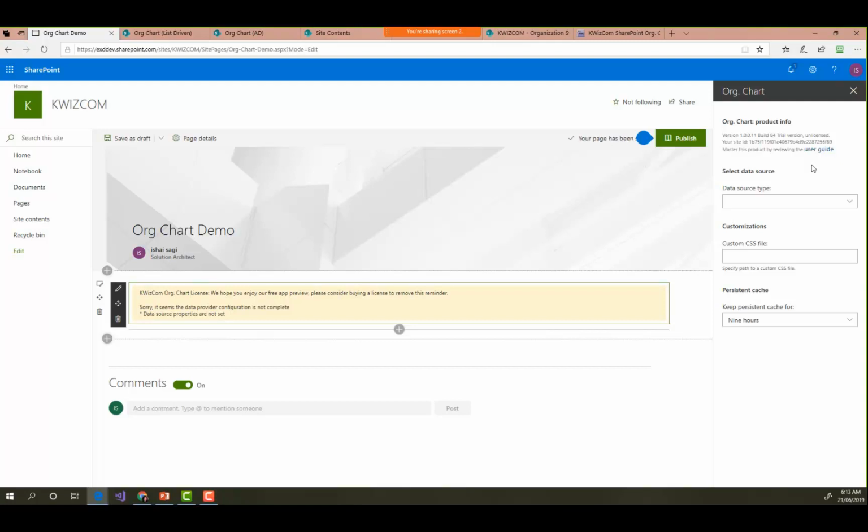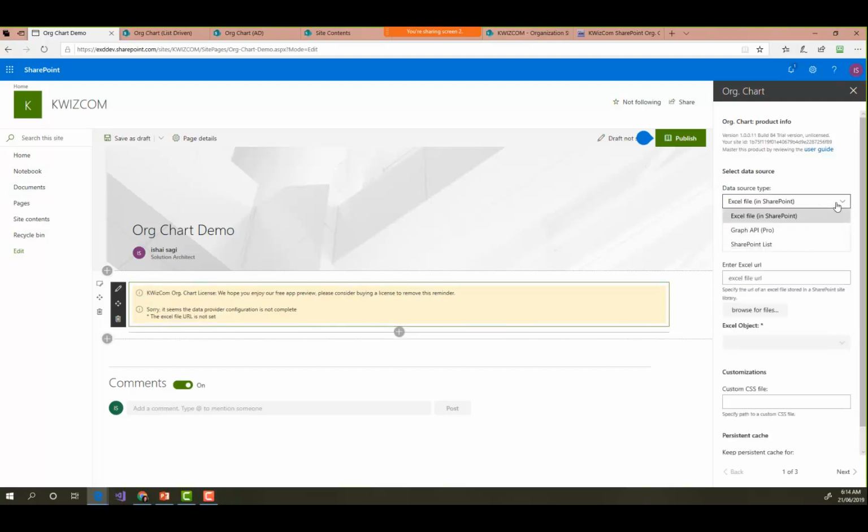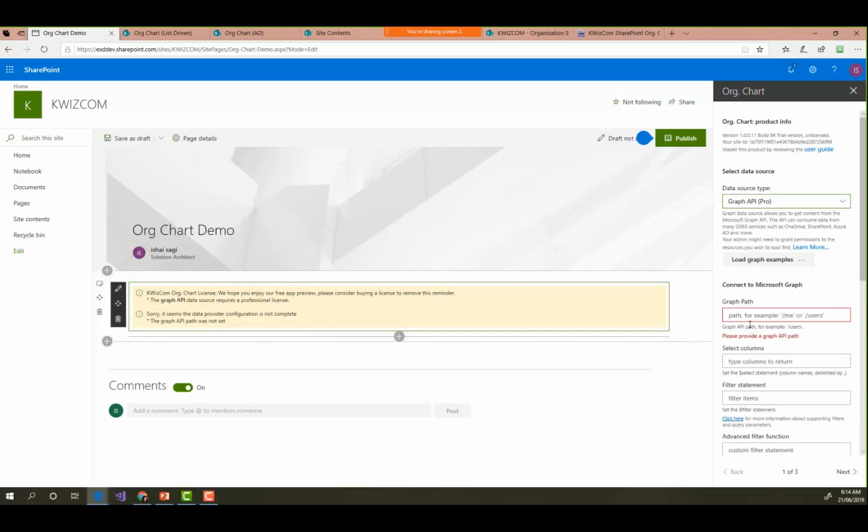Section one is 3 simple questions. What's the data source type? Where do you want the information from? So I have the option, as we talked about before, Excel, Graph API, or SharePoint list. And if it's Excel, it's asking me for a URL. If it's a Graph API, it's asking me for a Graph path, which you need to know. And this is where you can basically connect it to anything that your Microsoft Graph can connect to and exposes